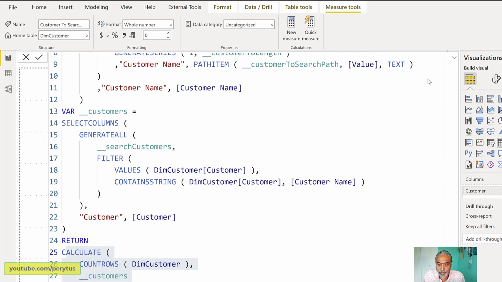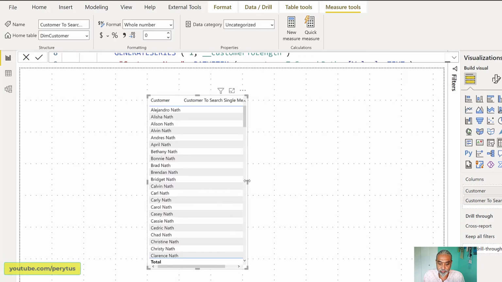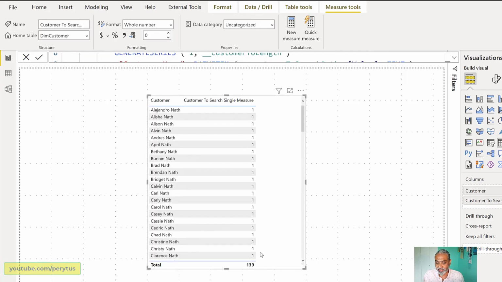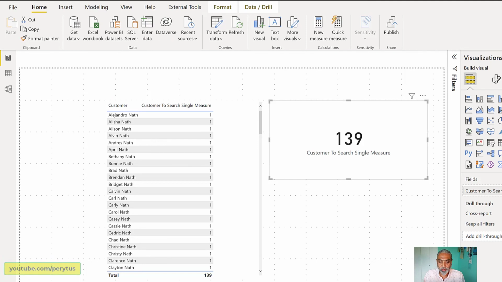So if I put my customer name, let me collapse this. This is my list of customers. If I put this measure with this, it will only list those customers which match. This is 139 customers. Assuming this is the comma separated value entered by the user, we have 139 customers based on the parameter values we entered. Let's try to change it and see if